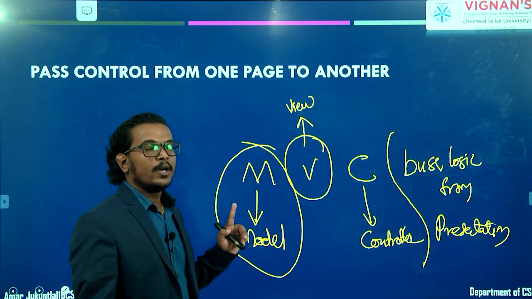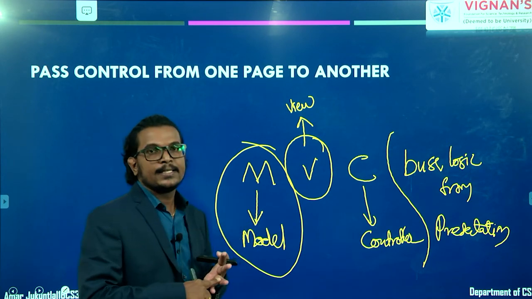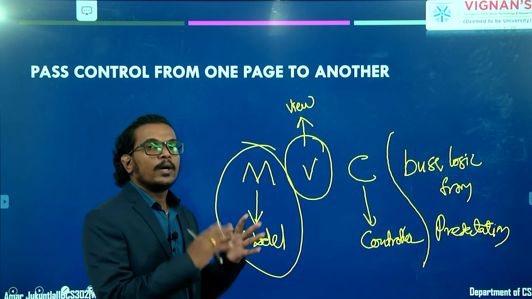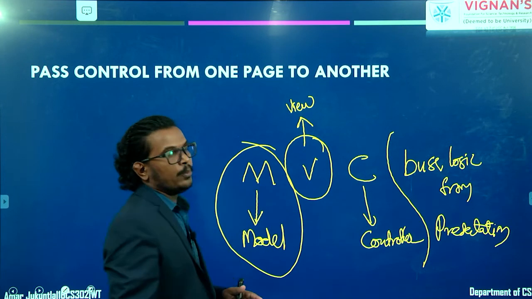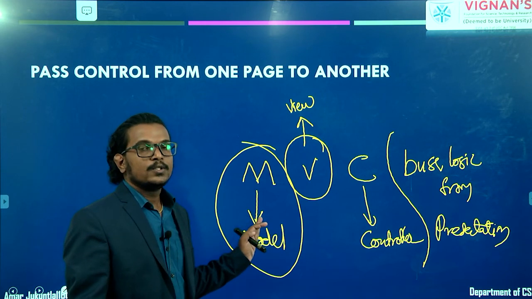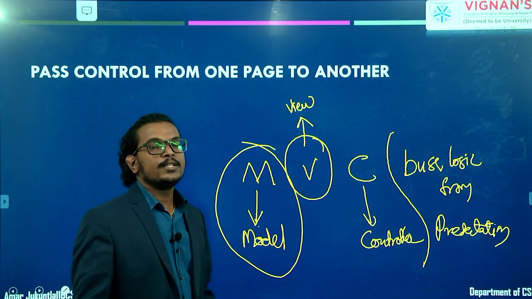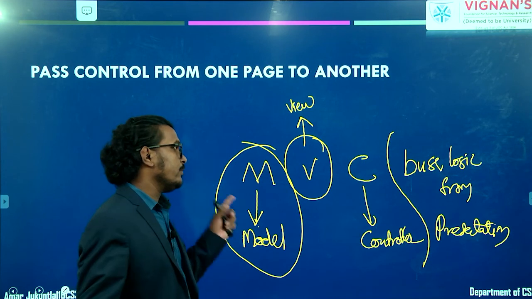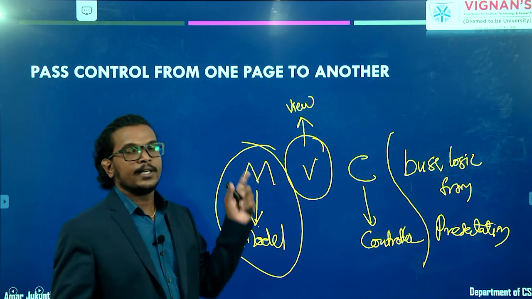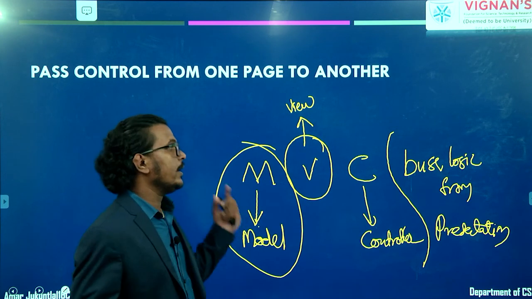In our JSP we have the presentation layer, and we also have the business logic layer. Business logic layer means whatever classes are required, we implement all those classes there. With the help of this MVC architecture, we differentiate the presentation logic from the business logic. That's why we use this MVC architecture in our JSP programs. Clear? So this is about the MVC architecture.